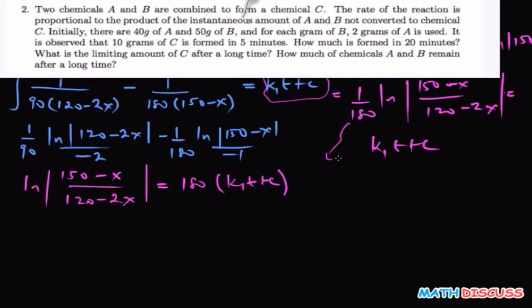That is from here to here. I just rewrote the whole thing, but I multiplied both sides by 180 to the right hand side. So when you simplify that, this is 180 times k1 now, and then to remove the natural logarithm here, you'd have